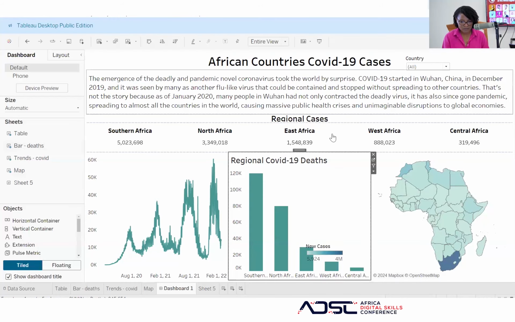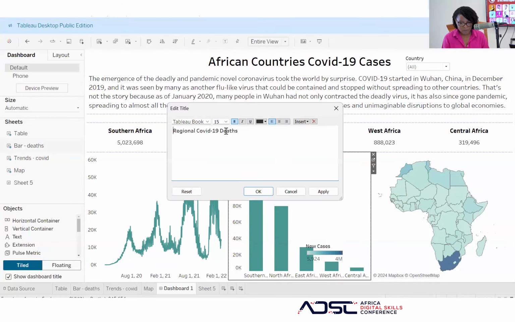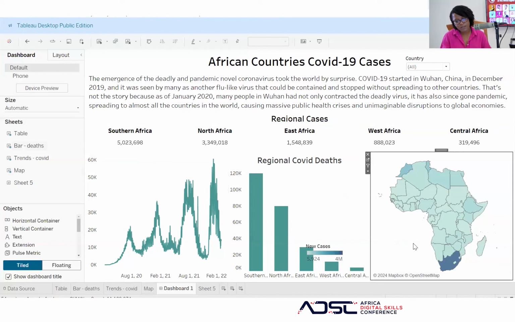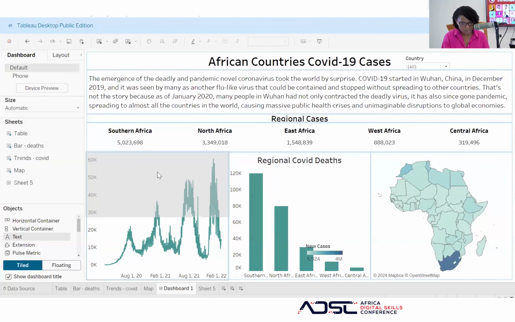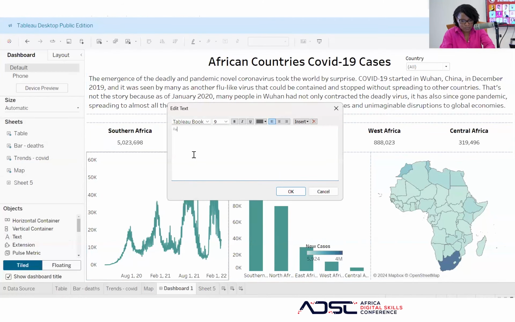Okay. With the COVID death, we need it because it's not going to show regional COVID death. So you have your regional COVID death here. In the same way, you can also add headings to this one. You can add a text here, up here. Then you see